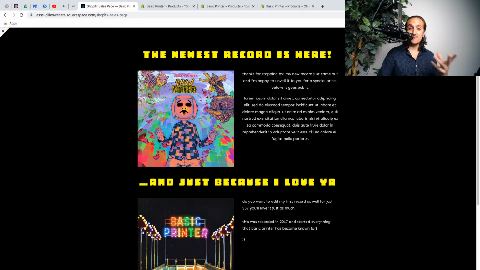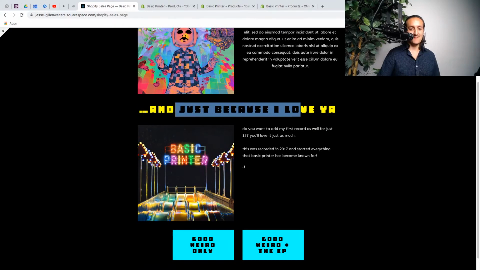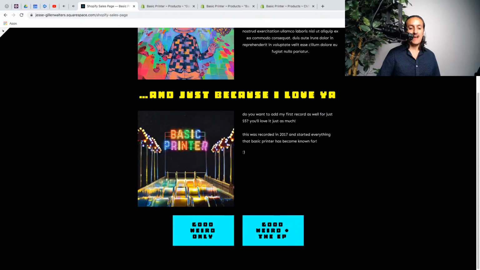Navigation is not there. I removed it with that code snippet again. And down here it says, just because I love you, do you want to add the second record as well? And then there's 2 buttons. It says Good Weird Only or Good Weird plus the EP. So if they click Good Weird Only, it's going to take them to a certain page. And if they click Good Weird plus the EP, it's going to take them to a different page. So let me show you what those 2 pages would be. If I click Good Weird Only,